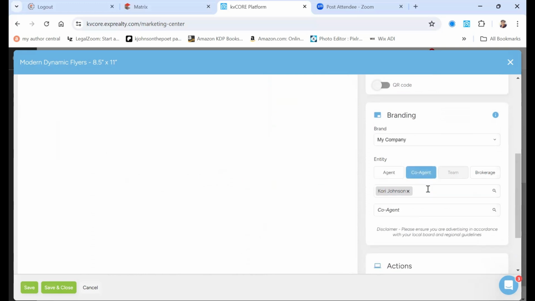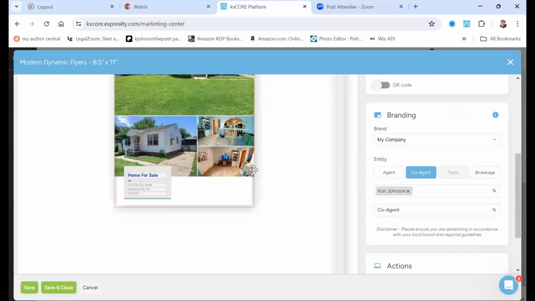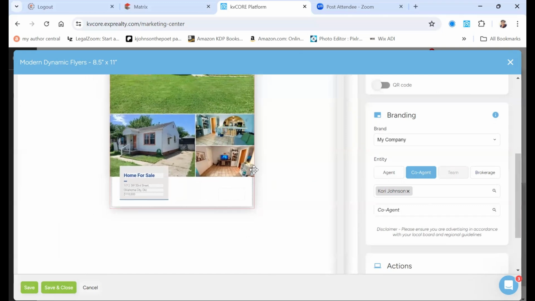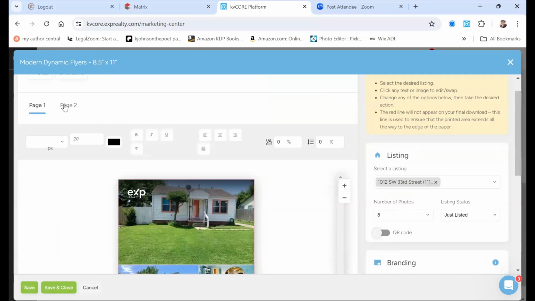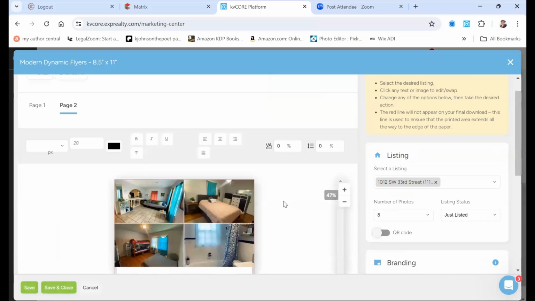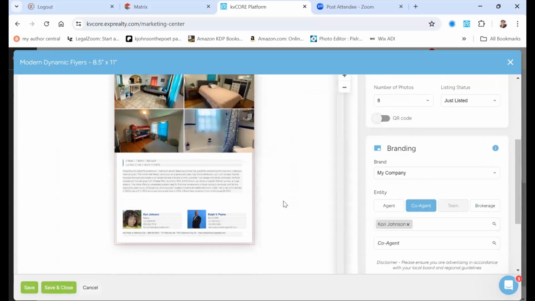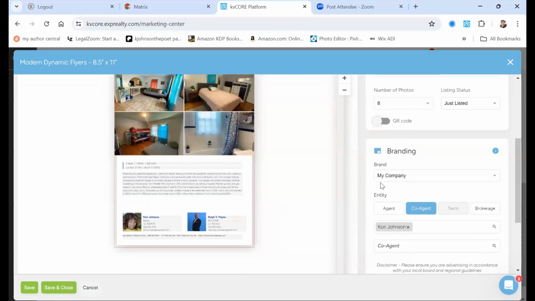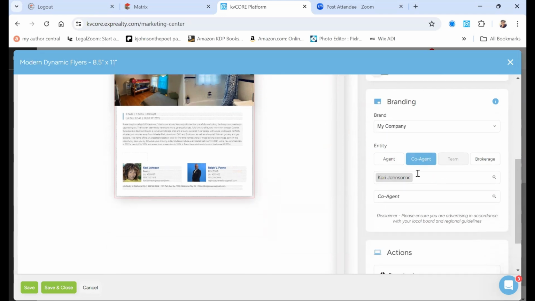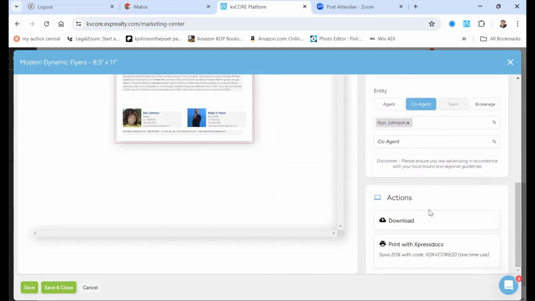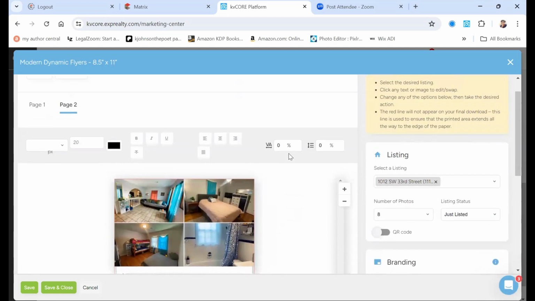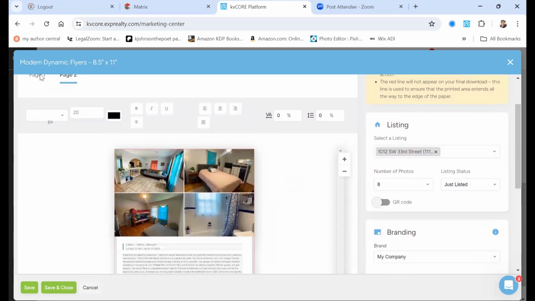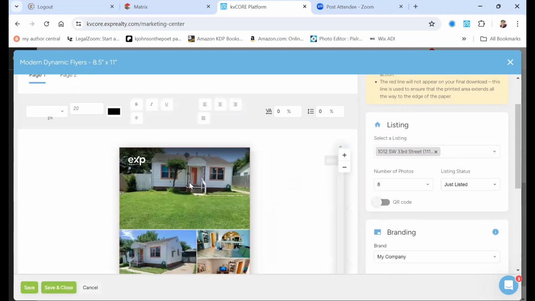So I'm going to put co-agent on the branding information. And it's going to repopulate for me, reload the page, adding in that co-listing agent. And ta-da, there it is. And those are the options that it gives you over here. You got 8 photos. I changed the listing status and then the co-agent for branding. And then now you have actions. If you're okay, let's rewind just a little bit. If you're okay with the pictures, if you are not,